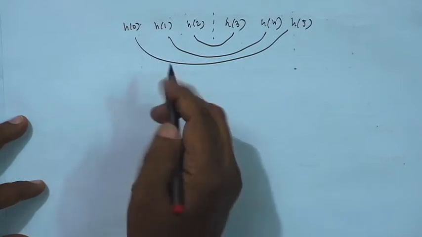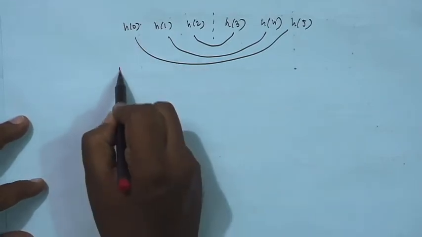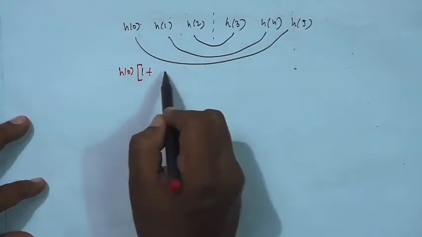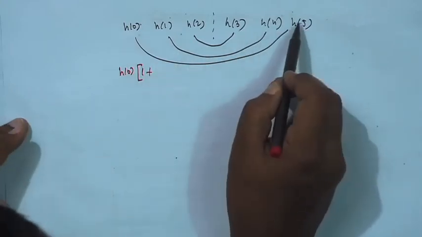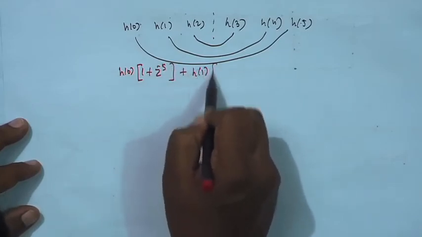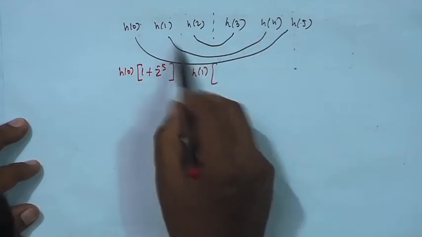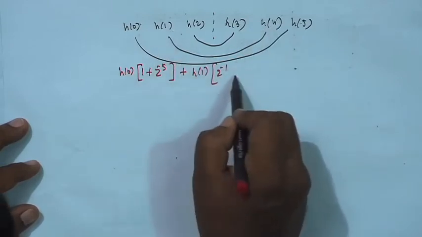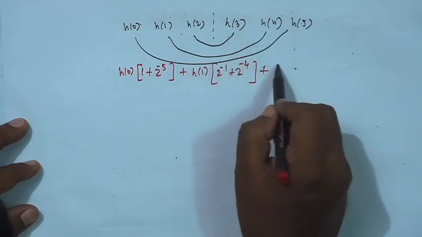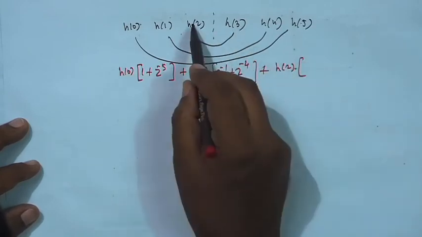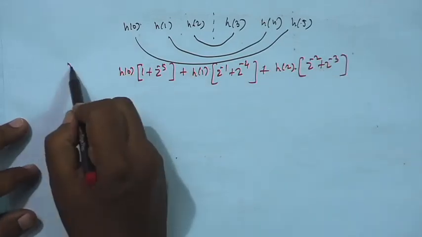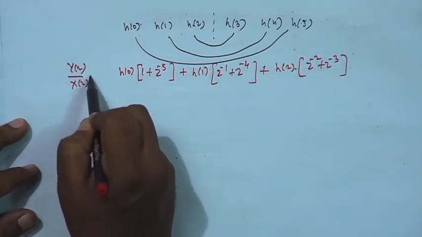So, then that means transfer function is H0 into 1 plus, this H5 is H0, so that will be z to the power minus 5, then H1 and H4 they are same. So, z inverse 1 for here and z inverse 4 for there, and H2 and H3 they are same. So, take H2, z inverse 2 and z inverse 3. This is your y z by x z transfer function,